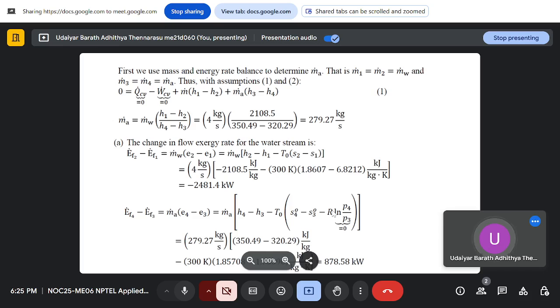So substituting the values, I get exergy change in the air stream is 878.58 kilowatt. You see this is positive because air is getting heated, so it's going from a lower exergy state to a higher exergy state,